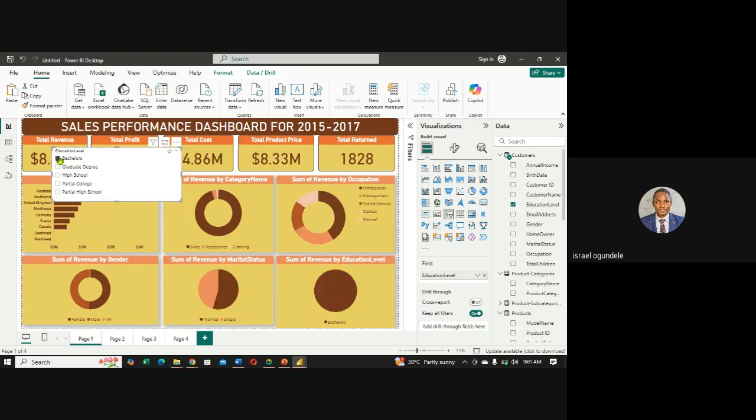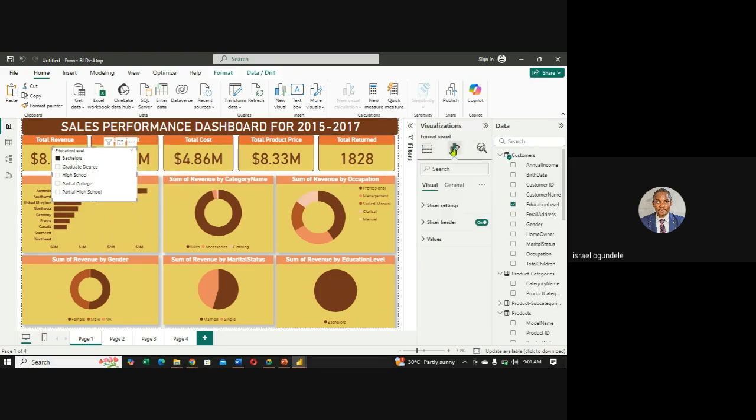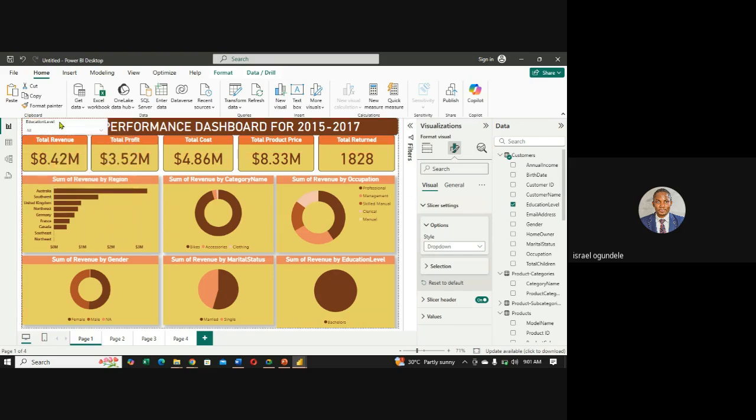This is the slicer, and for the slicer, I can choose to apply so many things. If I come to my formatting page, I can manipulate my slicer setting in different forms. I want it to be vertical. I want it to have a drop down. If I say a drop down, I can click on it. You can see, I can just do it like this and maybe hang it somewhere here and say,